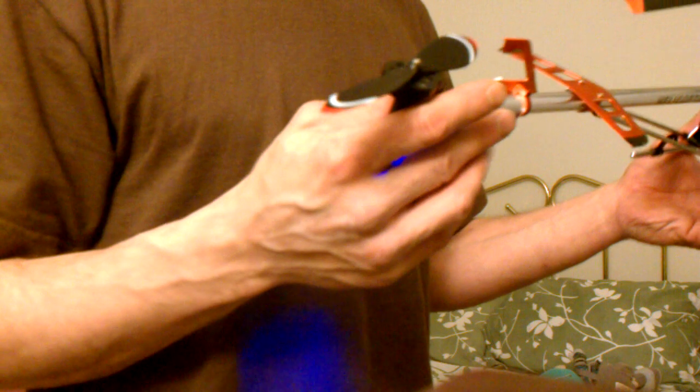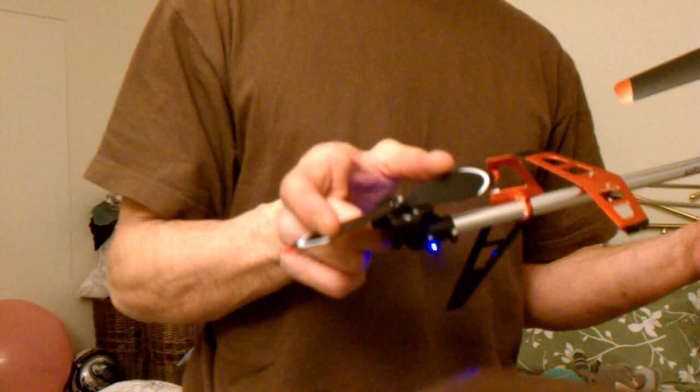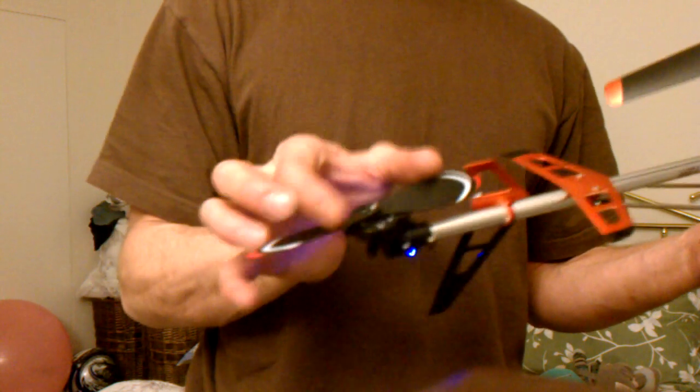A lot of people are cutting spare blades and adding a piece on here. I find that it could help out doing it that way. I don't see how much it could help out because any which way, the circle's still the same size. So you could spin it a little faster, or if you make it a little wider, it could grab a little bit more air. But because